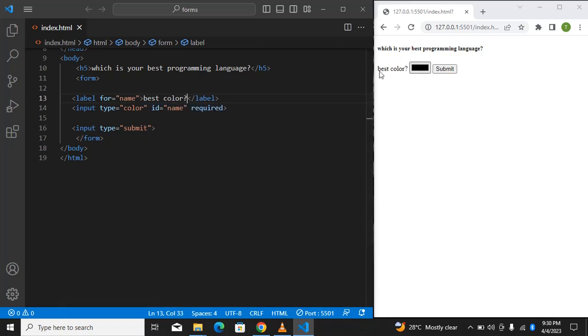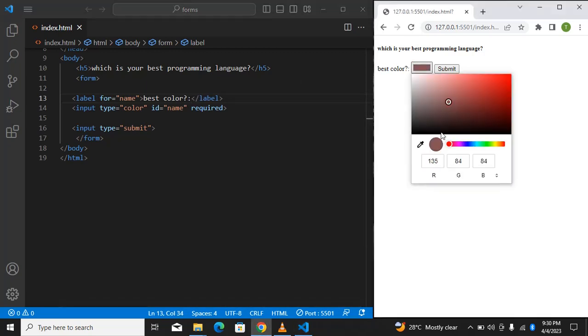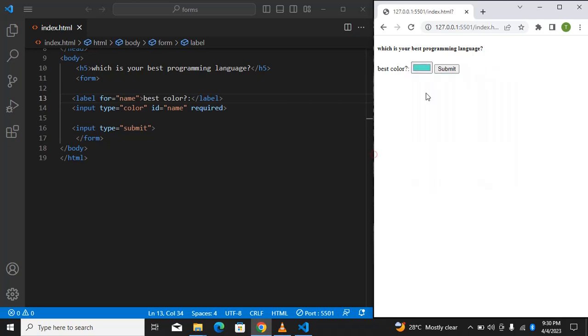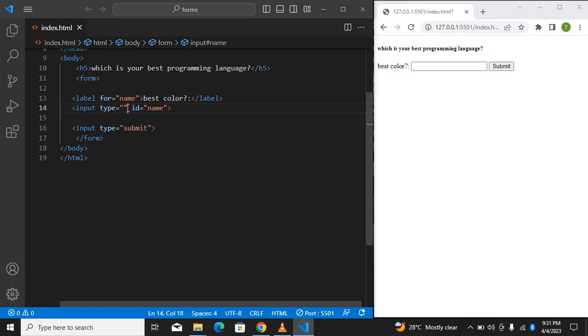So you have an option. Now you can select anyone. I don't know if you need it for anything, but see now you have the best color over here. Submit and it refreshes. Good. Okay, so required is not really necessary in this part. So we have a lot of different ones. We have color, we have URL, we have date, a lot of things that you can use the label and